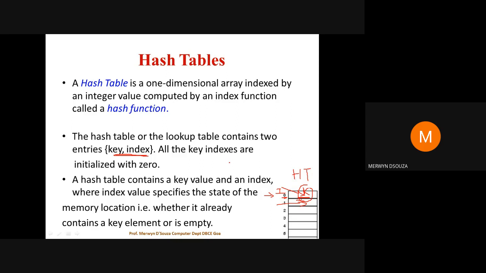So if you want to insert, delete, or search for data, then you will have something known as a hash function, which is normally denoted by H. Okay. Based on computation of this hash function, you will get some value as the output. So suppose you get 2 as the output. That means at this position 2, you are going to store or search or delete the values. So depending on the hash function, you will be getting some value for each data item. You get a different hash value for each data item.